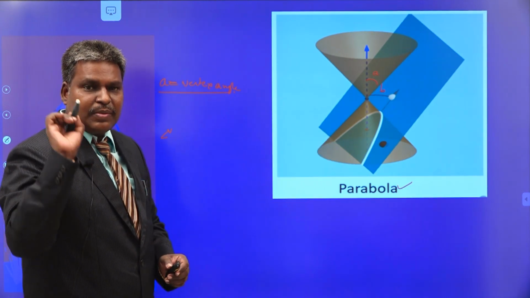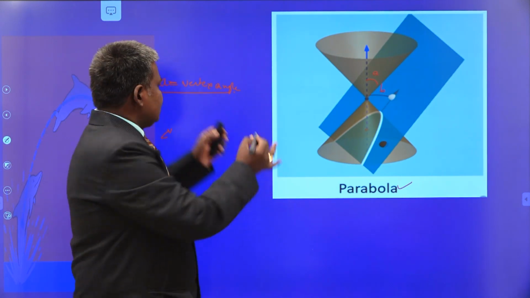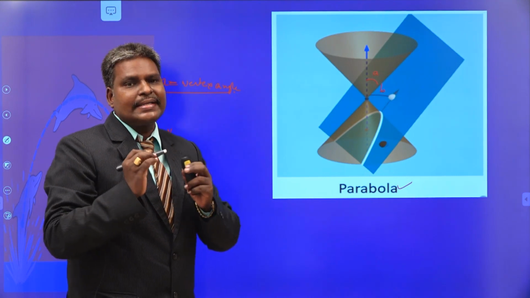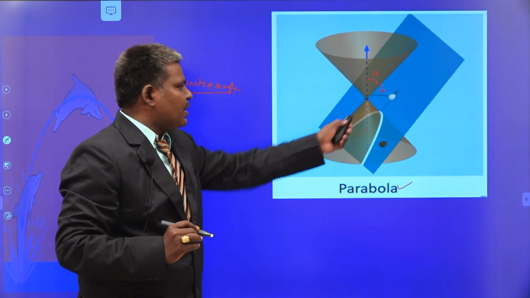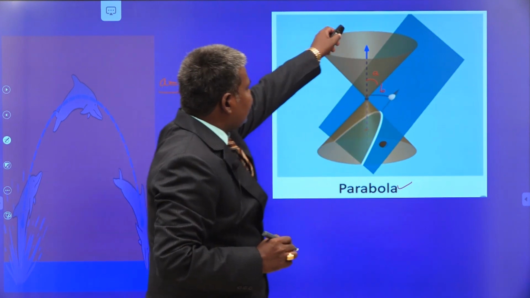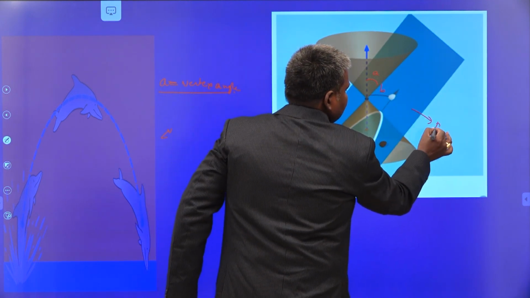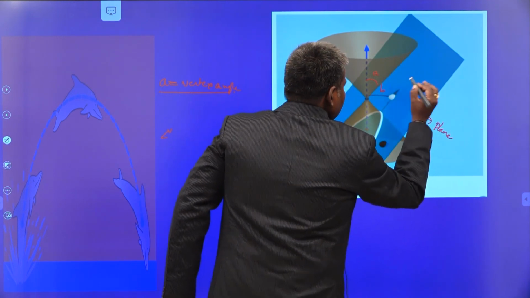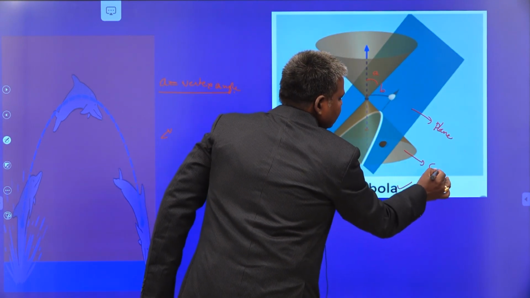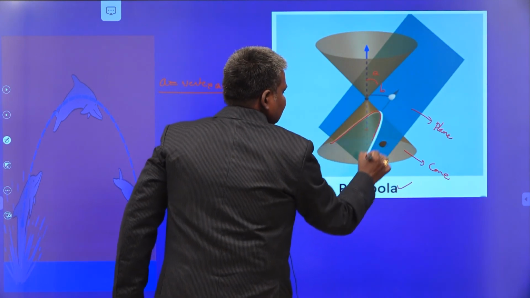Conic is different from conic section. Conic section is two-dimensional. Conic is a three-dimensional figure. From the three-dimensional figure, we obtain the conic sections by intersection with the plane. What is B here? Angle B is the angle made by the vertical axis with my plane. This is my plane and this is my right circular cone. The point of intersection will arise like this.